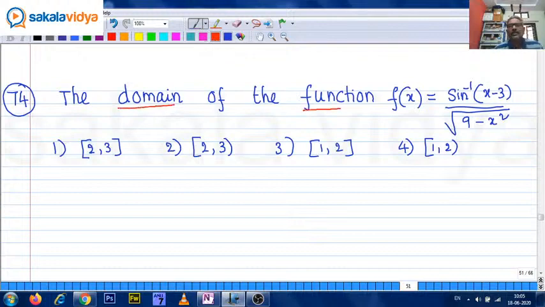Domain of the function f of x equals sine inverse of (x minus 3) upon root of 9 minus x square. So now it's a quotient function. Quotient function means numerator and denominator. Now the domain of sine inverse of x minus 3 we need to find, and the domain of root of 9 minus x square we need to find separately. Then we need to find the intersection. So first of all,